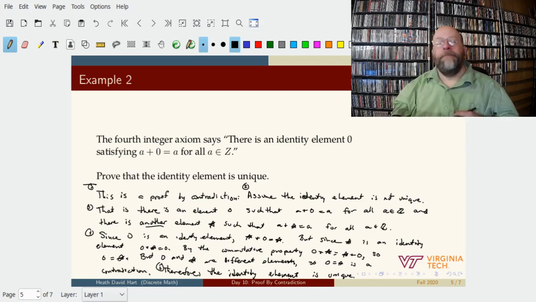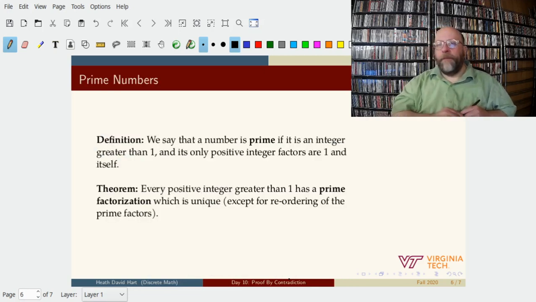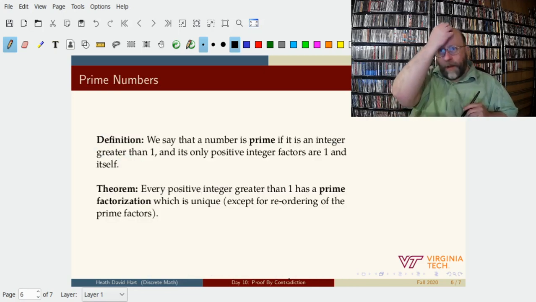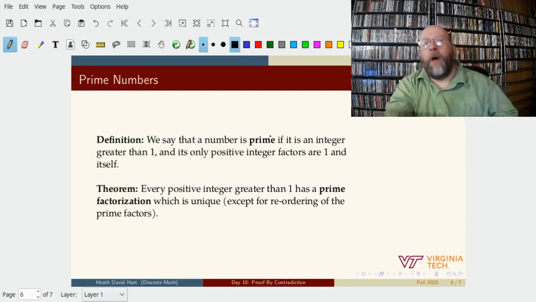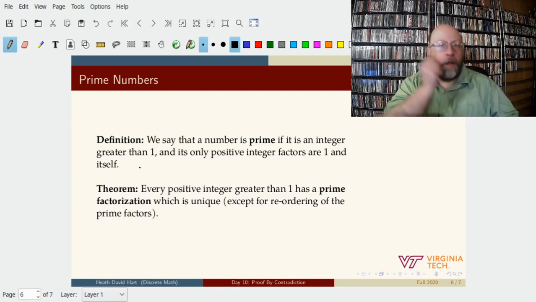All right. Let's try one more. This is going to involve prime numbers. I think most of you already know what a prime number is, but let's go through the definition. A number is prime if it is an integer greater than 1, and its only positive integer factors are 1 and itself. So, for example,